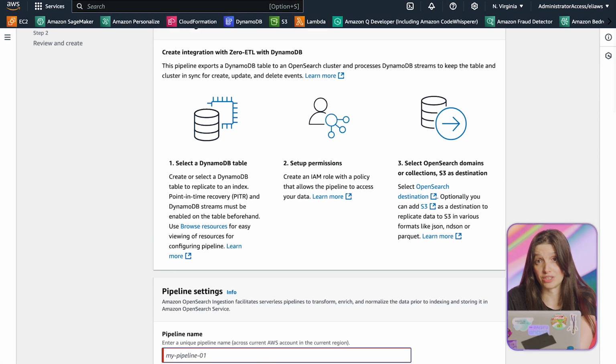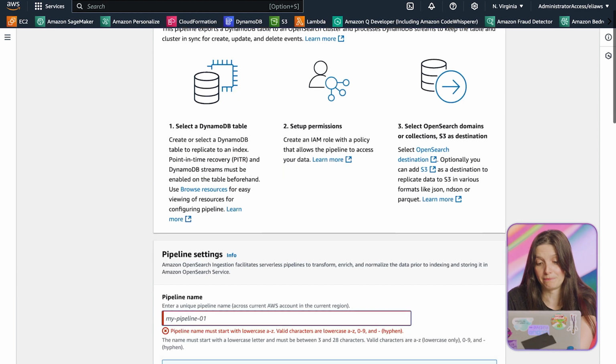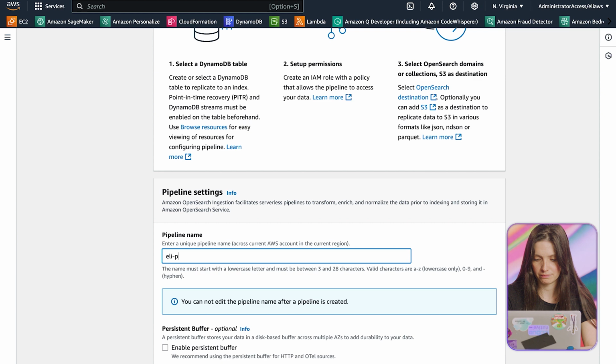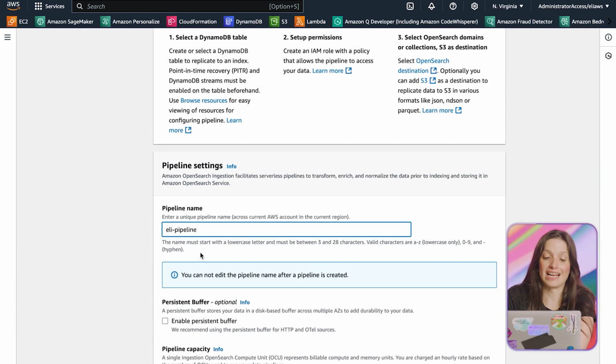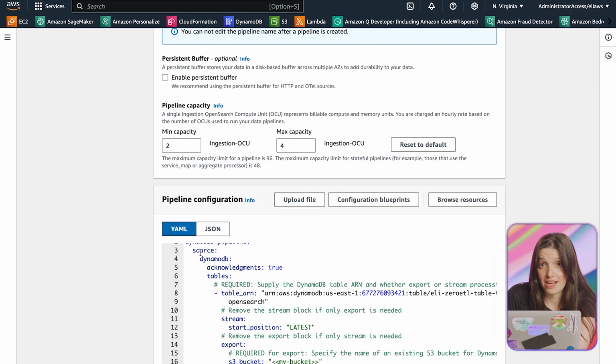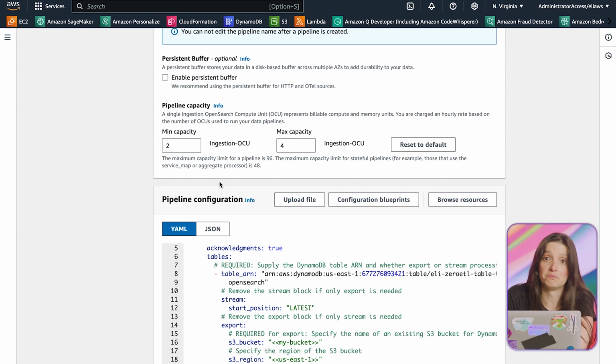Here I have to enter a unique pipeline name. Then I have to set up capacity and compute resources for automatic scaling based on the current ingestion workload. We can review the predefined pipeline configuration in YAML format.